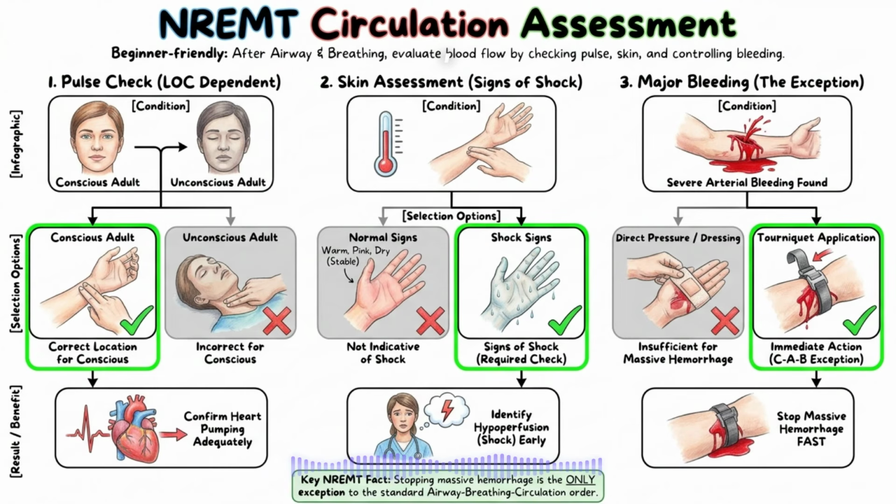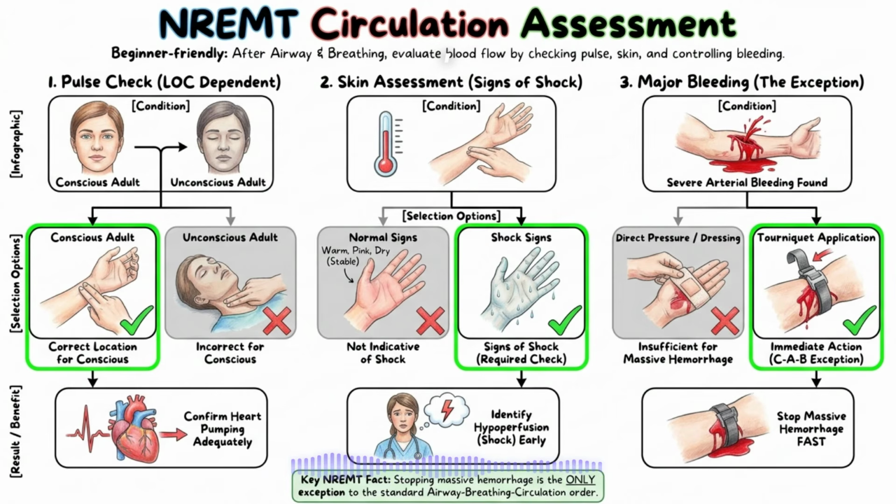You will also assess the skin color, temperature, and condition, looking for signs of shock like pale, cool, and clammy skin. If you find severe arterial bleeding, you must apply a tourniquet immediately, as stopping massive hemorrhage is the only exception to the traditional airway,